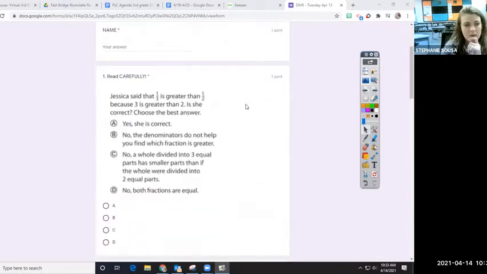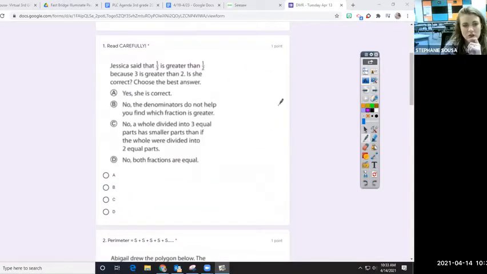Alrighty, question number 1, read carefully. Jessica said that 1/3 is greater than 1/2 because 3 is greater than 2. Is she correct? Choose the best answer. Hopefully you guys know that she is not correct. If we draw 1/3, ooh, that was a terrible 1/3. If we draw 1/3, there we go, and we draw 1/2, and then we shade 1/3,